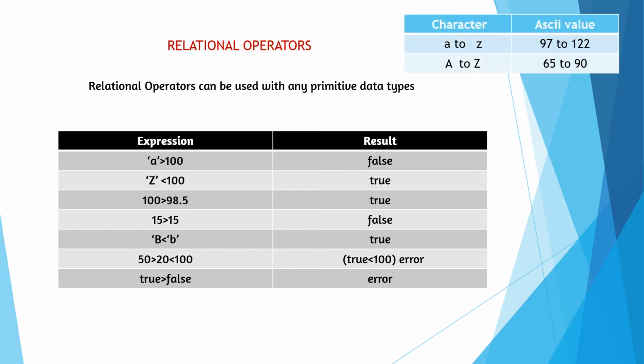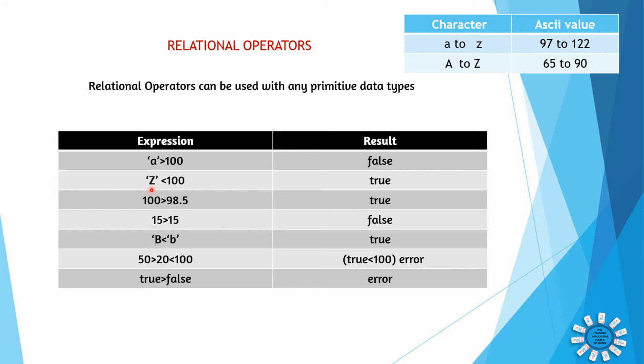The ASCII code of small letters a to z is 97 to 122. That means ASCII code of a is 97, ASCII code of b is 98, ASCII code of c is 99, like that up to 122. And capital letters A to Z, it is 65, B is 66, C is 67, like that up to 90. So this we have to keep in mind, and according to that the result will come. So capital A or small a, we have to find the value according to ASCII code. In this case it is small a, that means the value is 97, and 97 greater than 100,